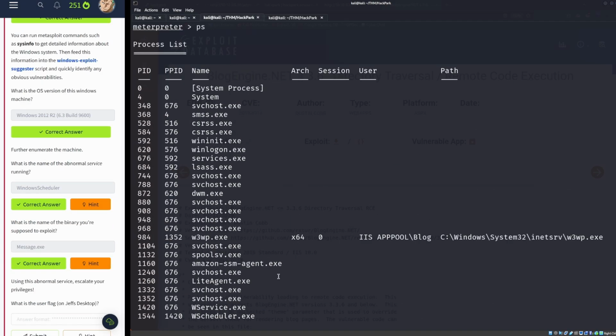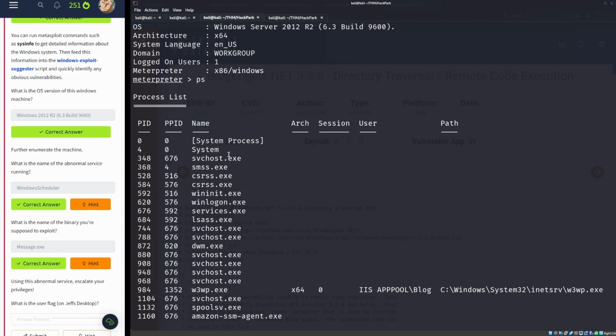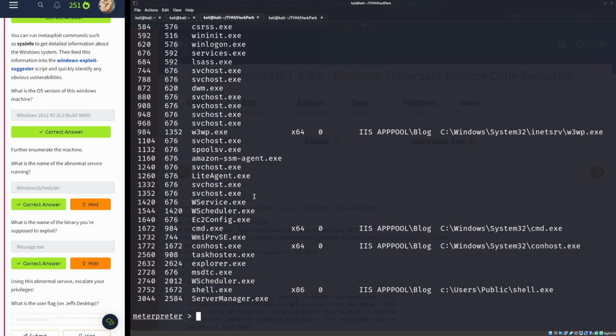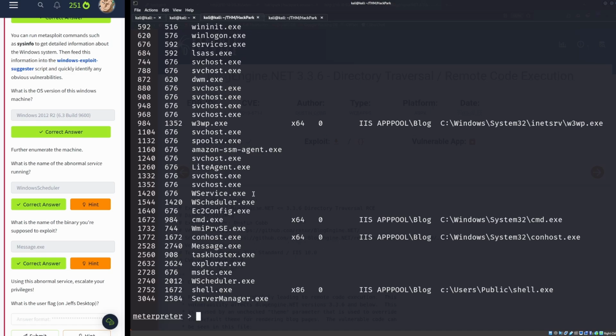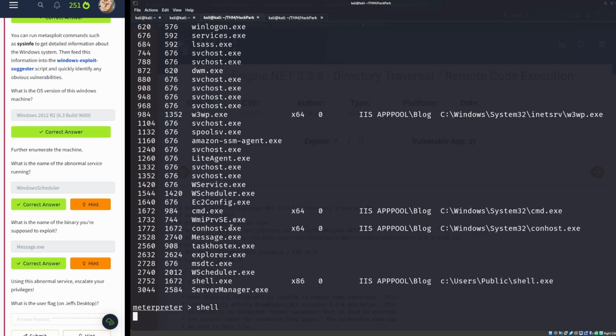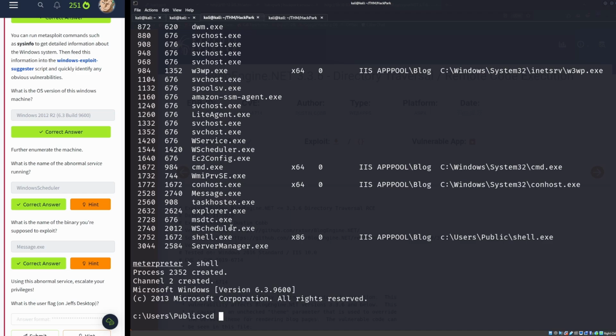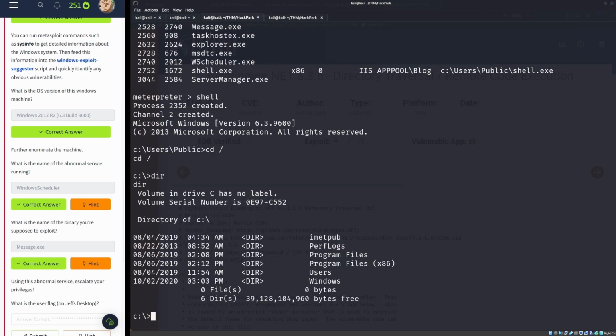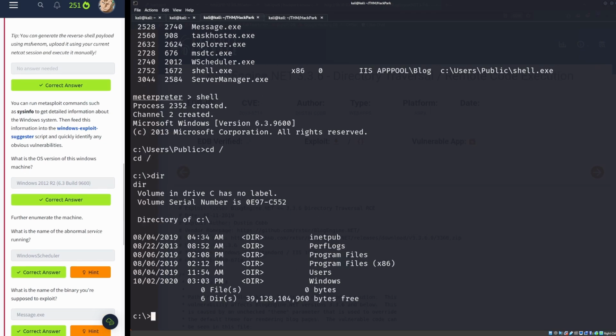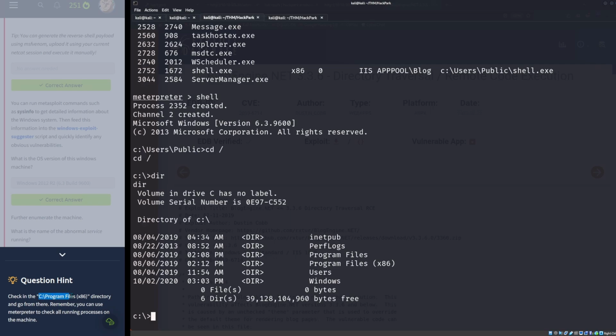And what you want to look at here, sometimes this gives very limited or minimal information about what we're looking at. We could type PS again and see nothing. So I'm going to go to shell and see the output first there. And to look at the abnormal services, we have to go to